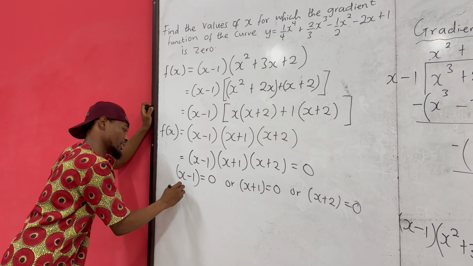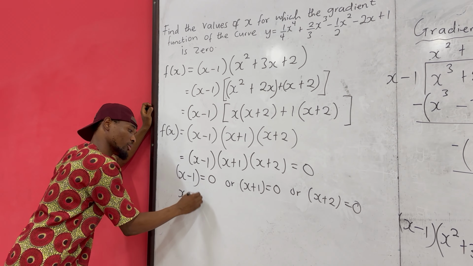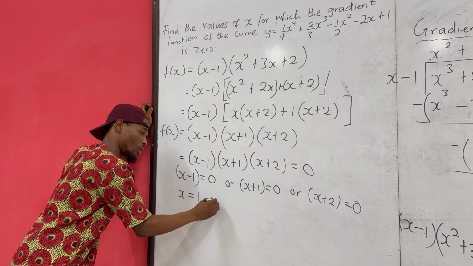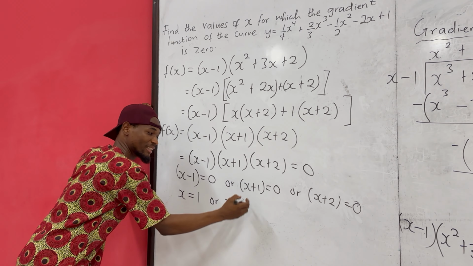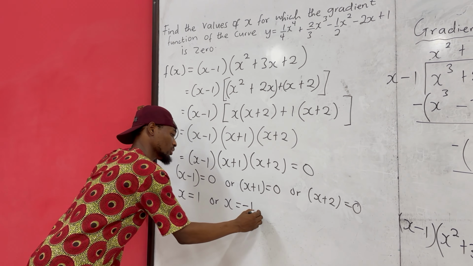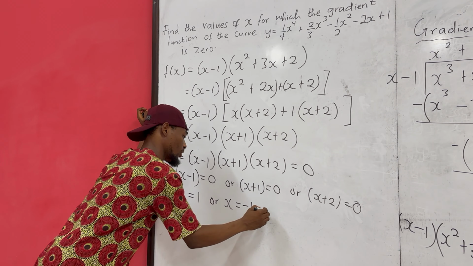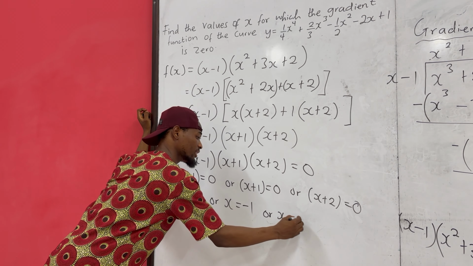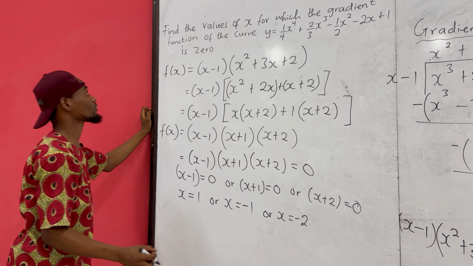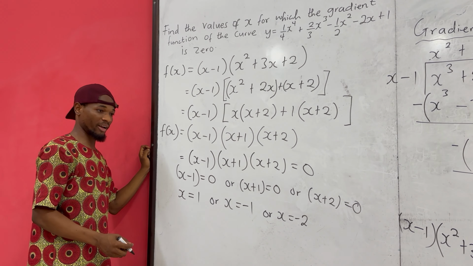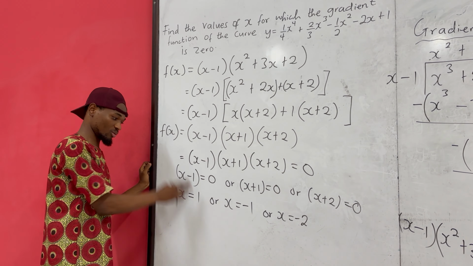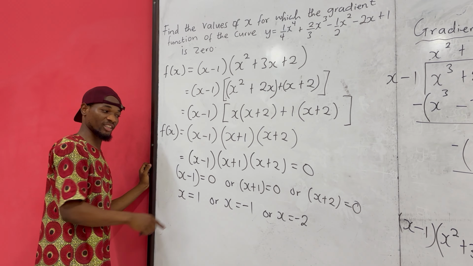So I'll have x is equal to positive 1, or x is equal to negative 1, or x is equal to negative 2. So the values of x are 1, negative 1,